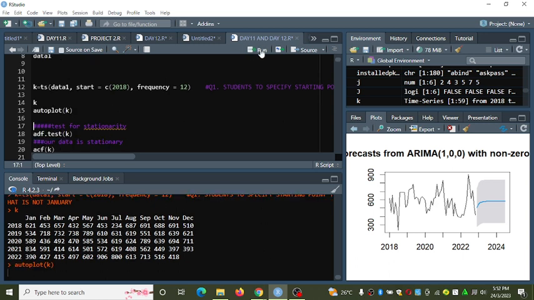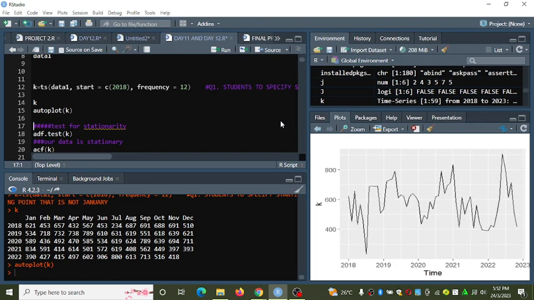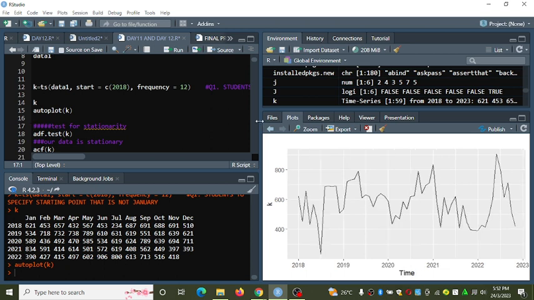Let's see. Okay, when we plot k, you can see that our data is k here. This is the starting point from 2018 January. You can see how the attendance was behaving.